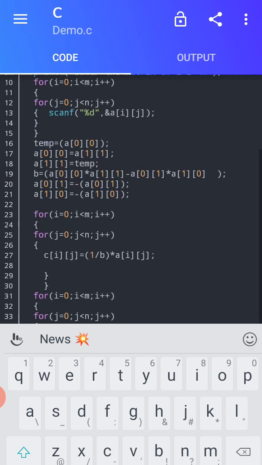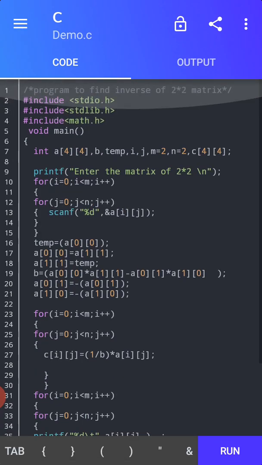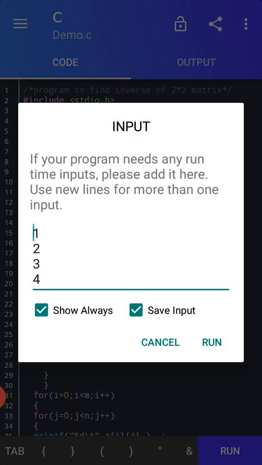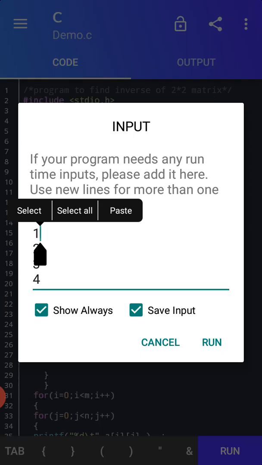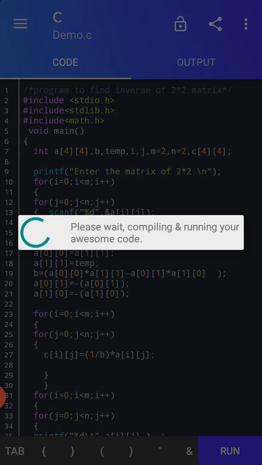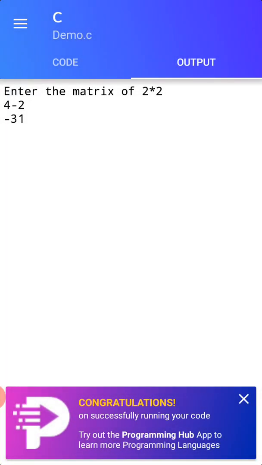And next I am running this program. If I consider my input as 1, 2, 3 and 4, by having this input I am running the program. After compiling this, I got the result as 4, -2, -3 and 1.